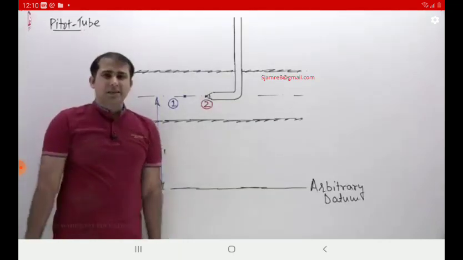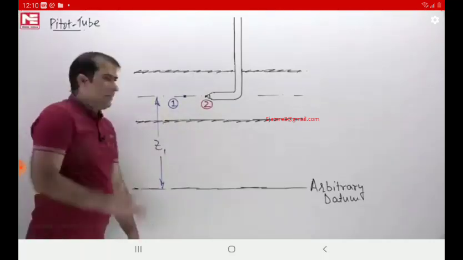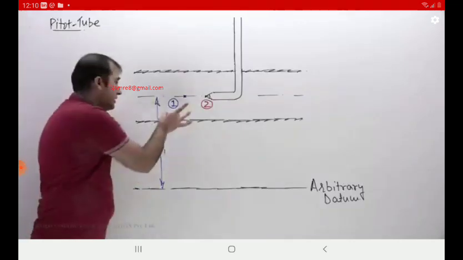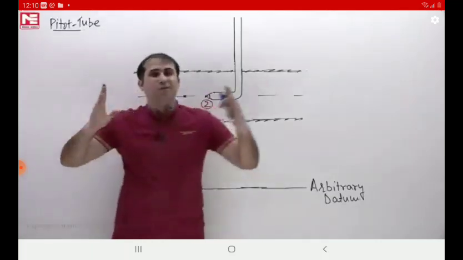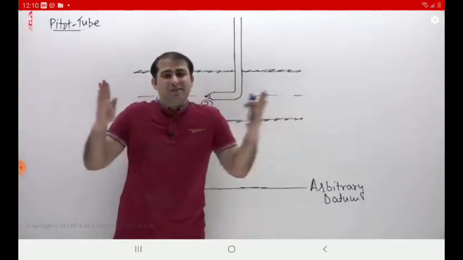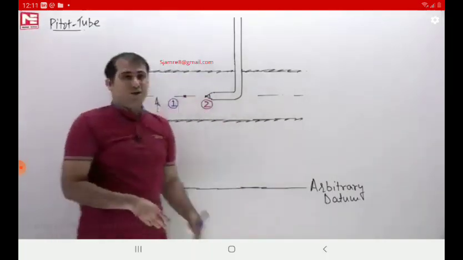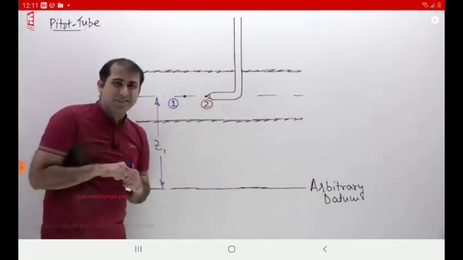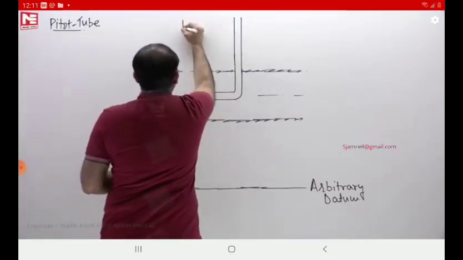Next, if I am going to say here, keep the pressure head and datum head for both the points same. The pressure head here and the pressure head here are also the same. Very, very close points. It is not that the points are very far, so that there is a loss, and the pressure head is going to change. These points are very close. And if you are interested to see the pressure head here, my dear, I am going to put a piezometer. So for this, I am going to put a piezometer. See, I have placed the piezometer.